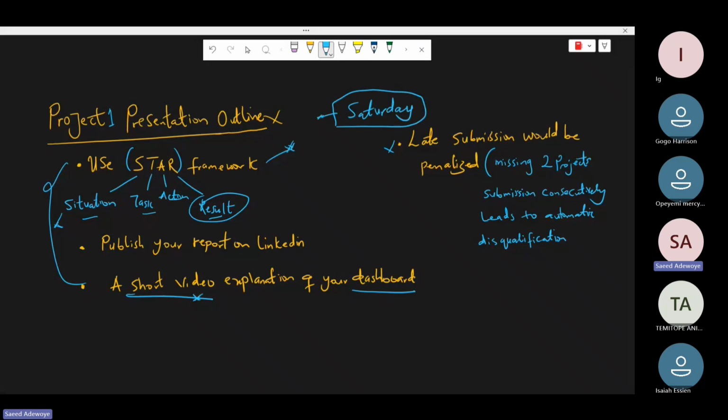Any late submission will be penalized one. And whenever you miss two projects, because we are starting the second project, the sales funnel web app, upper next week, whenever we find out that any participants miss two projects consecutively, the person is out of the game,